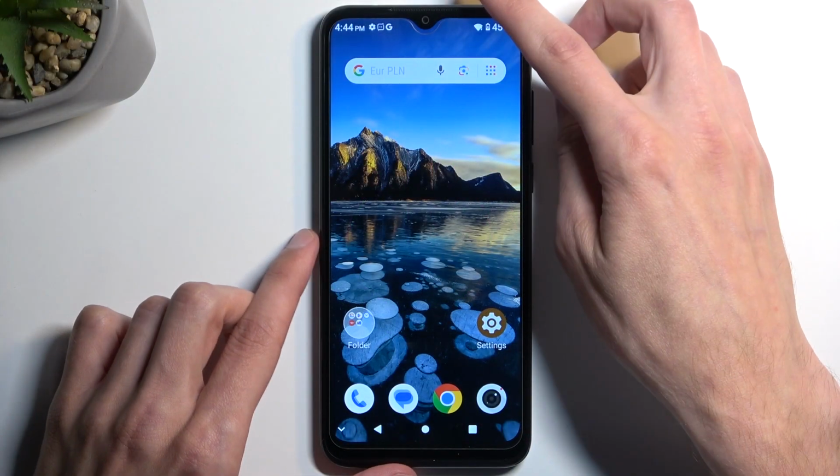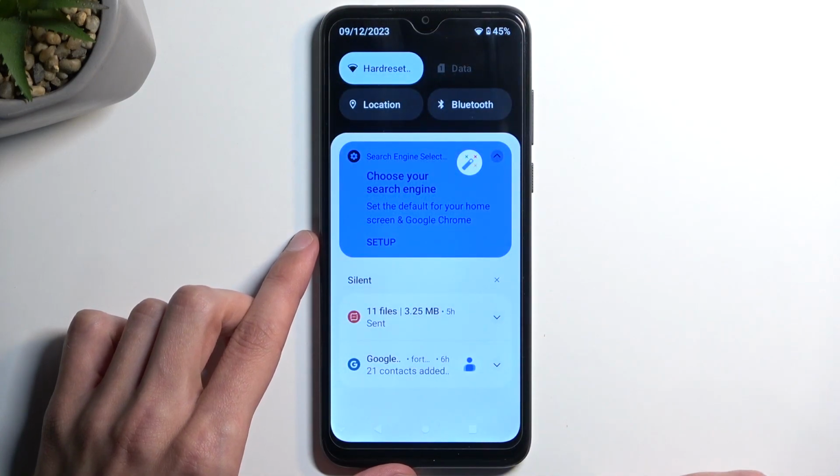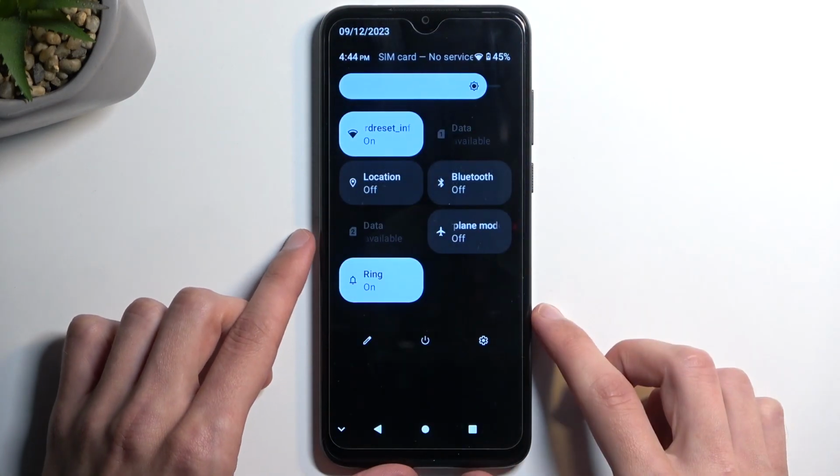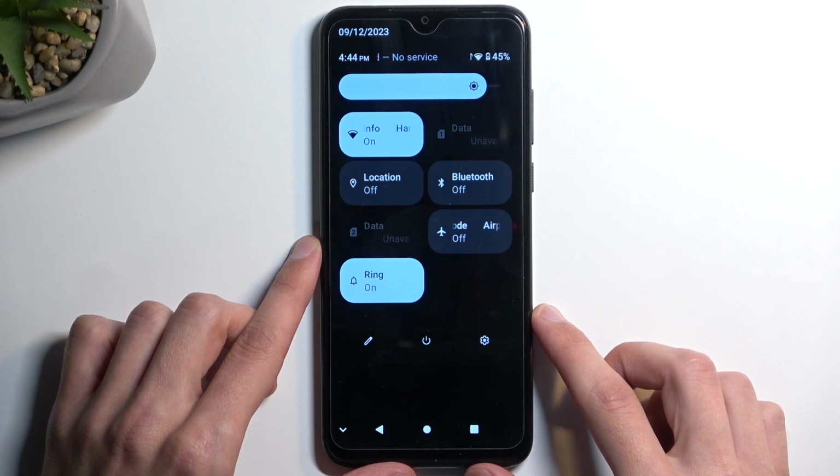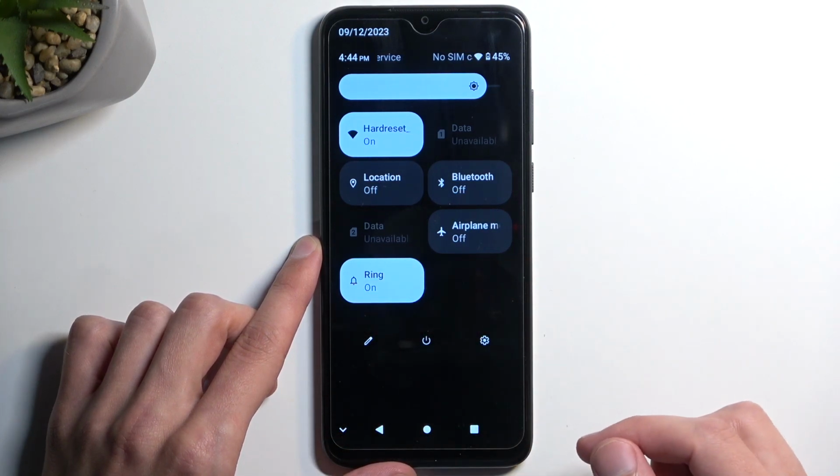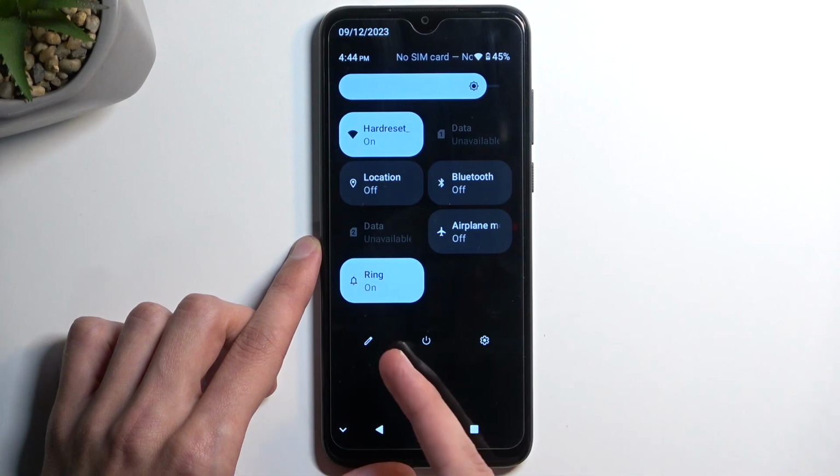So to get started, let's pull down our notifications by swiping down from the top of our screen and swipe down once again to extend the list of toggles. One of those toggles should be a screen recorder. Now it doesn't look like it's added by default, so we're going to press right here on this little pencil